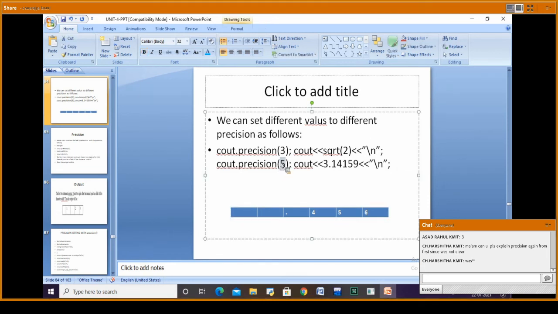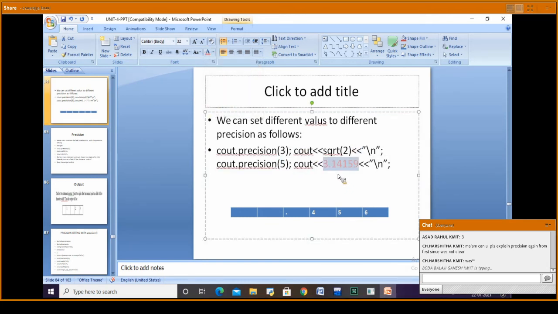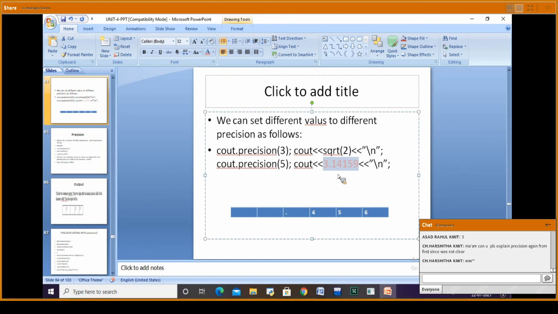If I say precision 5, it means after the decimal point I will have 5 digits. Is this clear, Harshita?